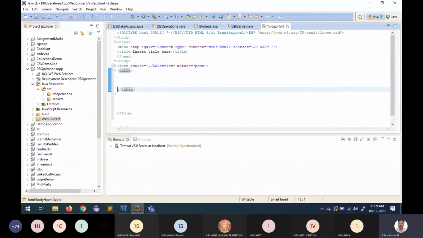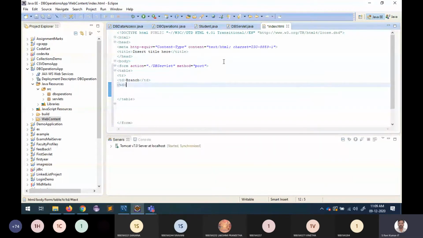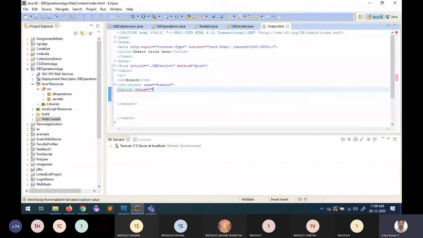Table, here td, branch, td, left, name equal to branch, option value equal to